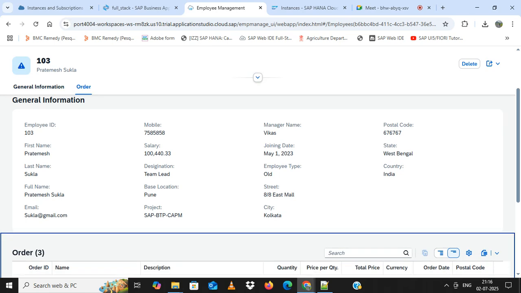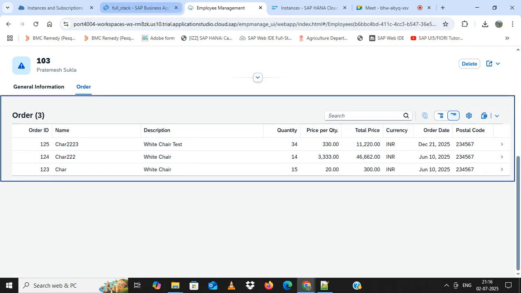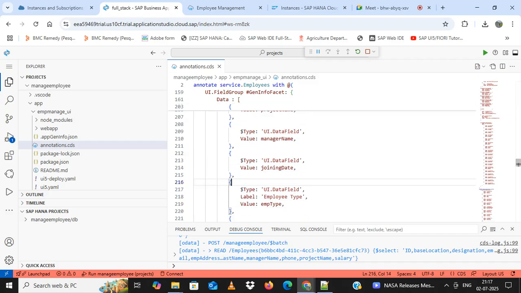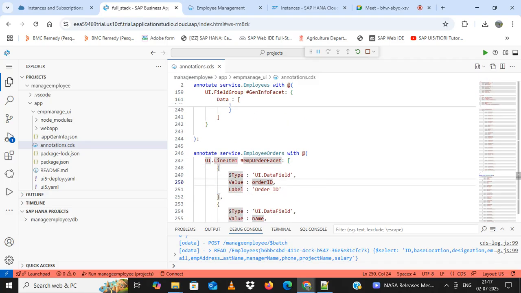And if we go to order, so you know guys, order belongs to another entity, that is called employee orders, right? That is called employee orders. Okay, and there we have association, right? And there we have navigation, EMP order. Okay, so that's why here if you see, right, again we have to annotate service employee orders with add, and